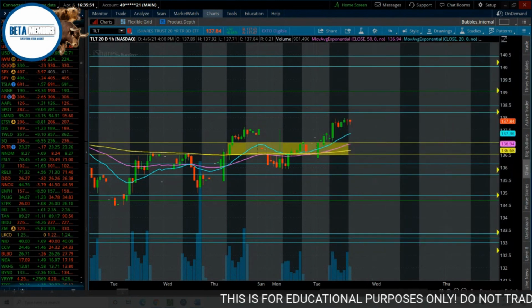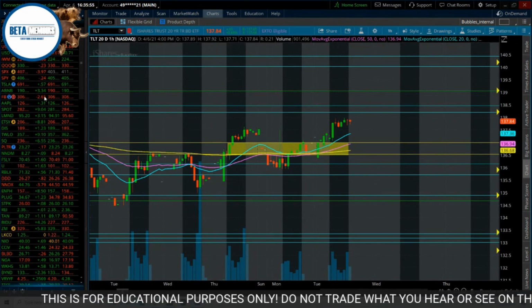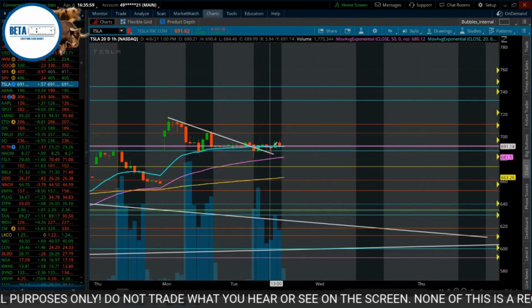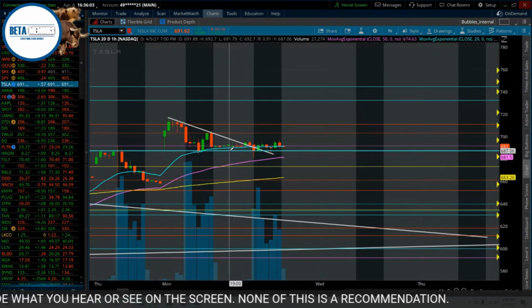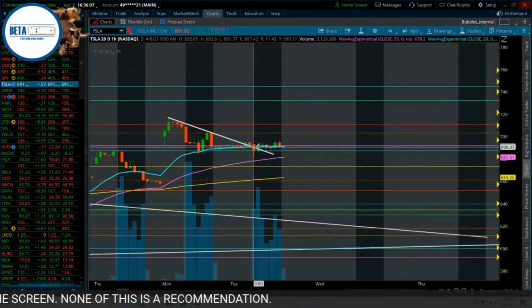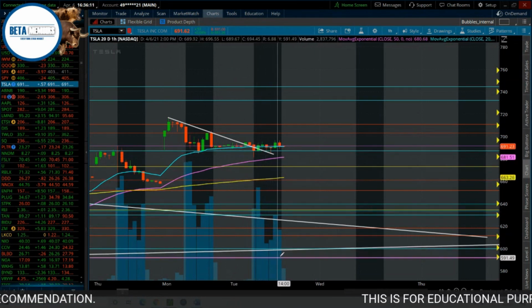That being said, let's go ahead and look at Tesla, of course, as the first one. Tesla is actually playing sideways, right? Even yesterday, it did gap up, but it pulled down into the zone and held this 20 pretty well. And today, I actually thought it was going to start selling off a little bit